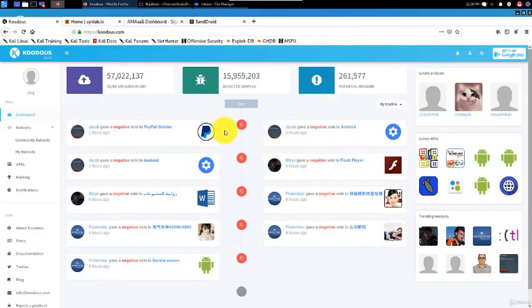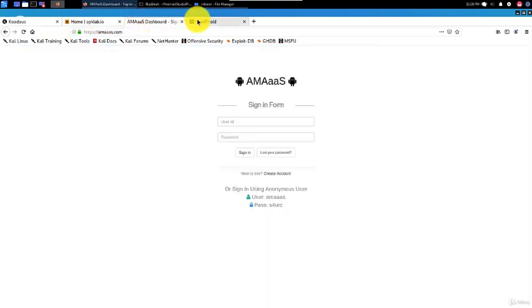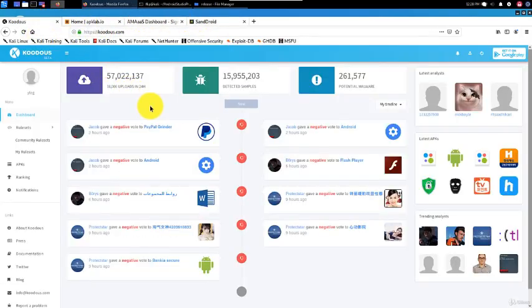So far we've seen static and dynamic analysis. What we're going to show you next is a malware sandbox. More specifically, an online malware sandbox. There are a few malware sandboxes available online. Here we'll just show you a few.